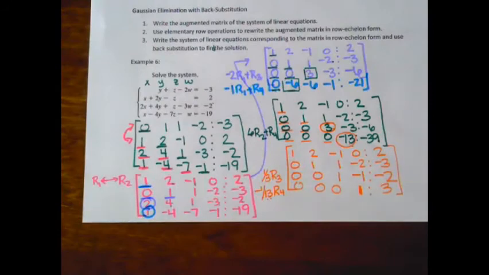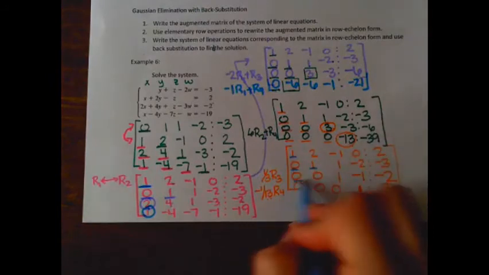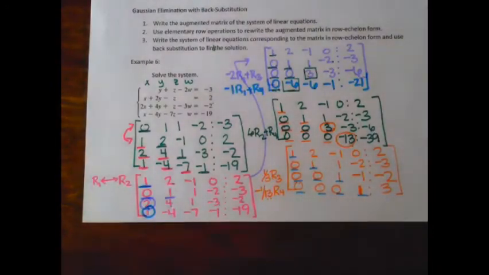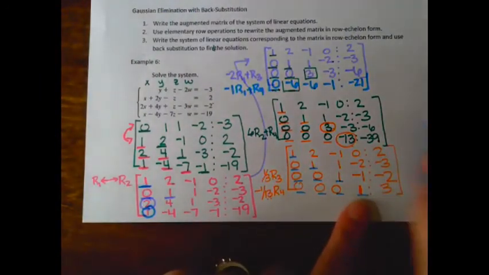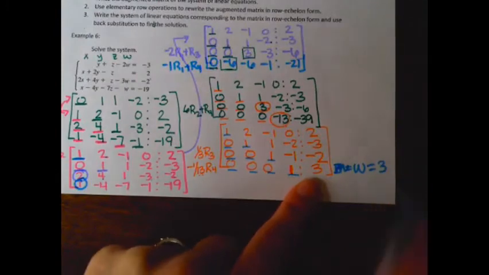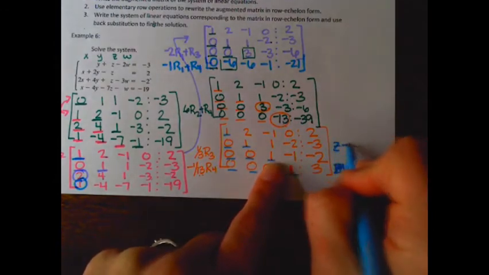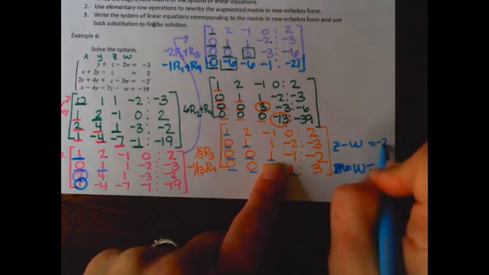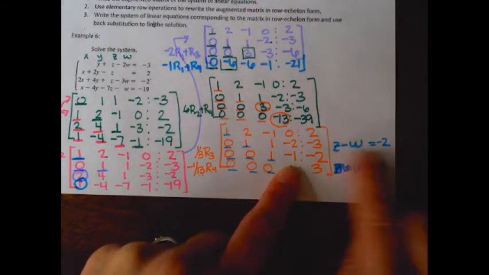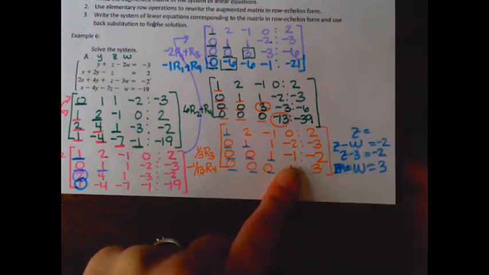So now we have, let's look at this. We have 1, 0, 1, 0, 0, 1, 0, 0, 0, 1. We're exactly where we need to be. So this last row tells me what W equals. And what does W equal? W will equal 3, right? The second equation says Z minus W equals -2. Well, W is 3, right? So Z minus 3 equals -2. So Z equals, add the 3,